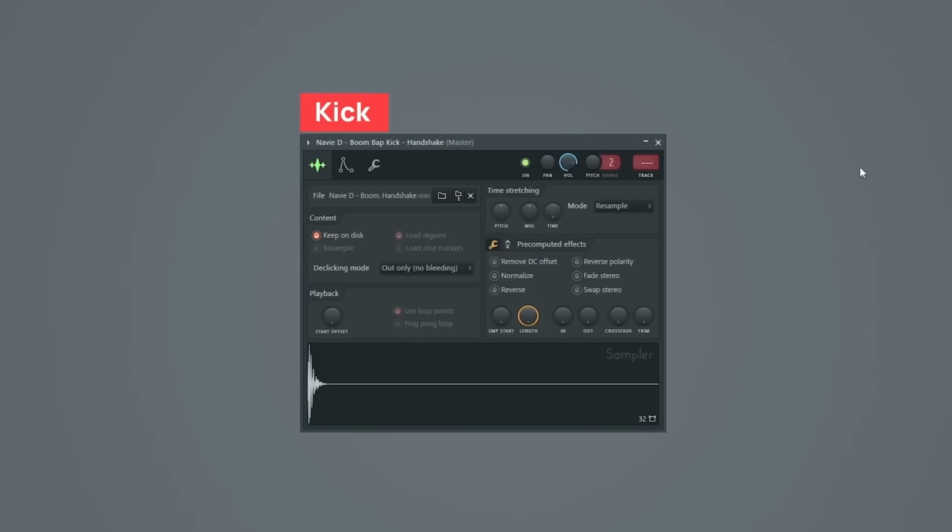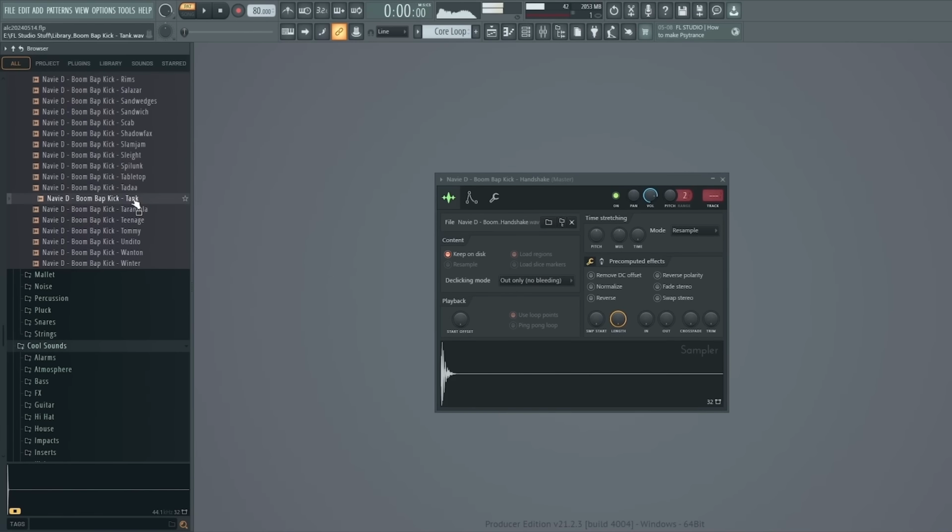Now, as you know, with boom bap beats, drums are a vital component, so before we start adding too much into this beat, I think it would be wise to focus on our drums next. Let's start with a kick. I'm gonna go with something like this that has a bit of color, but not too much. Now, the reason why I don't want to use an over-the-top kick like this one here, for example, is because, again, I need to leave enough space for those orbiting sounds later on. So my drums and how I build my patterns are going to be a little bit more conservative.